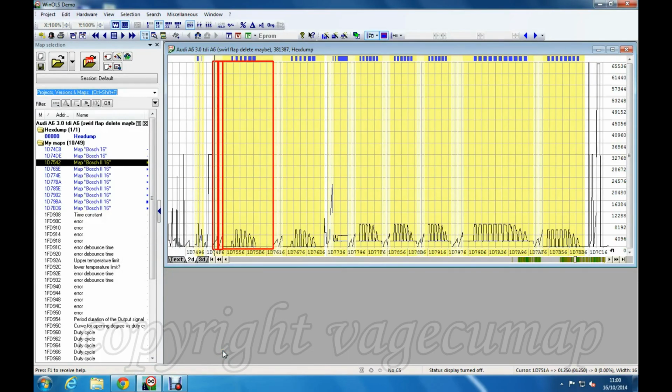Okay, this is the third video in a series of videos about swirl flap delete from EDC16 ECU files. Now, the simplest version only has perhaps 3 of these maps, and this is a slightly more complicated version with numerous maps related to swirl flaps. Now, what I'm going to do in this video is talk about the other problems associated with swirl flap deleting,